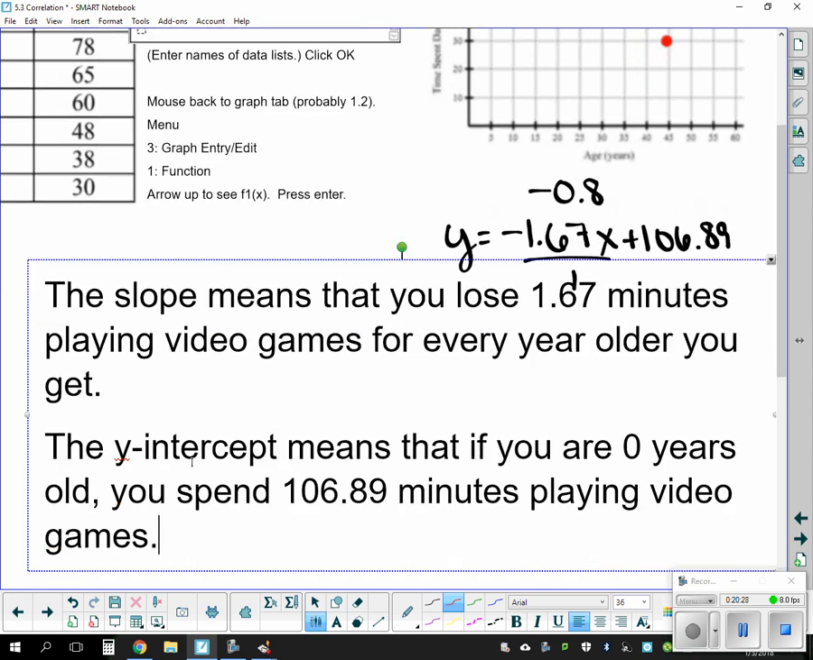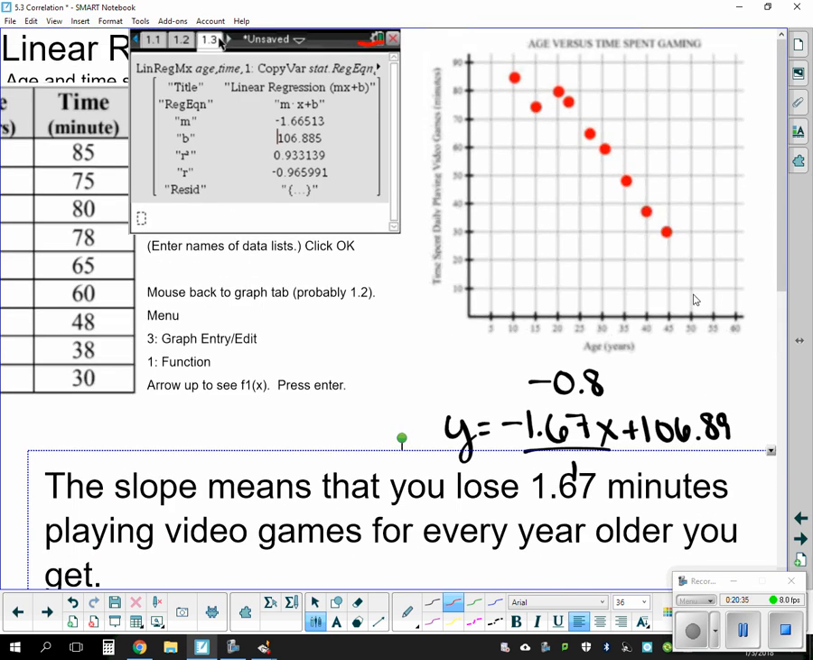Obviously, that doesn't make sense. A baby isn't going to spend 106 minutes playing video games. But if you look at your information, that 0 data point is outside of your data. So that's what we talked about last section. That's extrapolation. So that's not always going to be a good indicator of your answer because it's outside of your